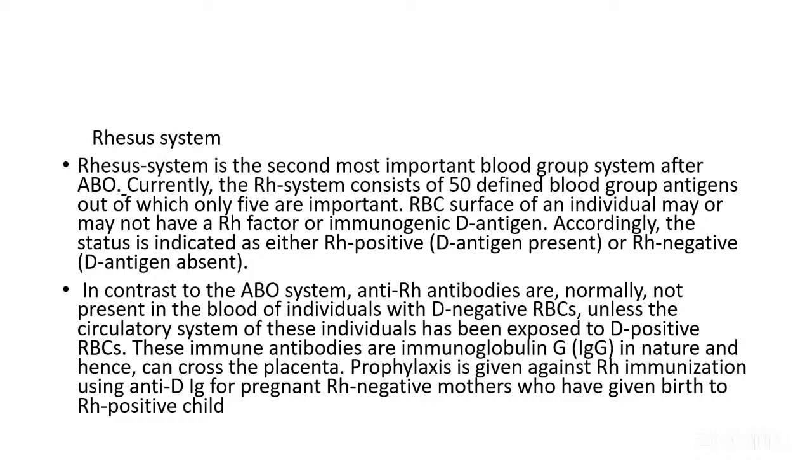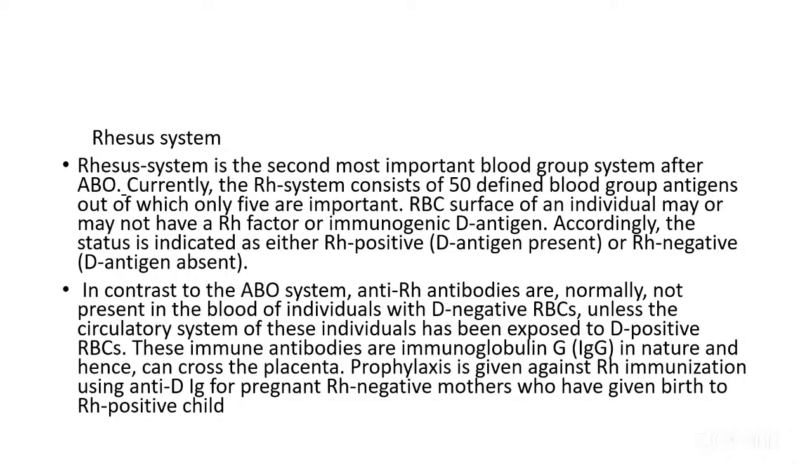Rhesus system is the second most important blood group system after the ABO. Currently, the rhesus system consists of 50 defined blood group antigens, out of which only 5 are important. The RBC surface of an individual may or may not have a rhesus factor or immunogenic D antigen. Accordingly, the status is indicated as either rhesus positive, that is, D antigen is present, or rhesus negative, which means the